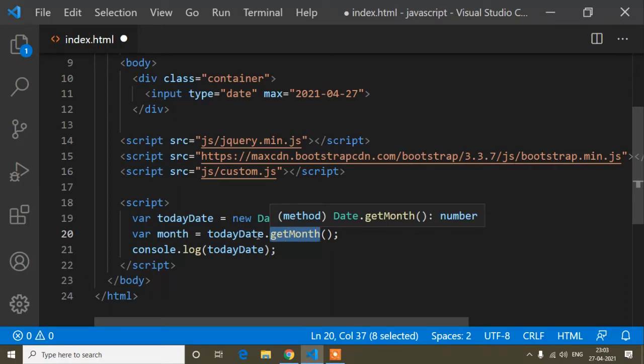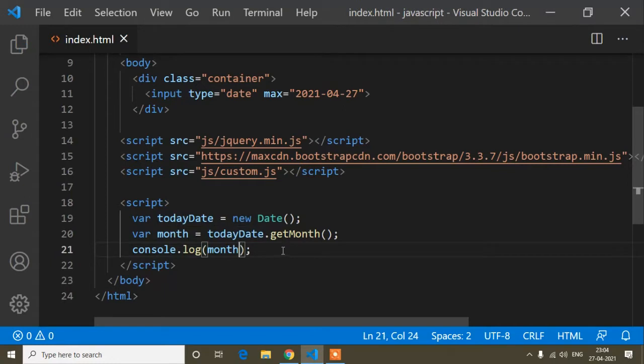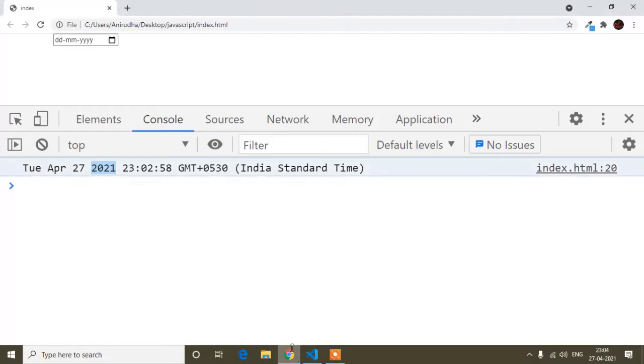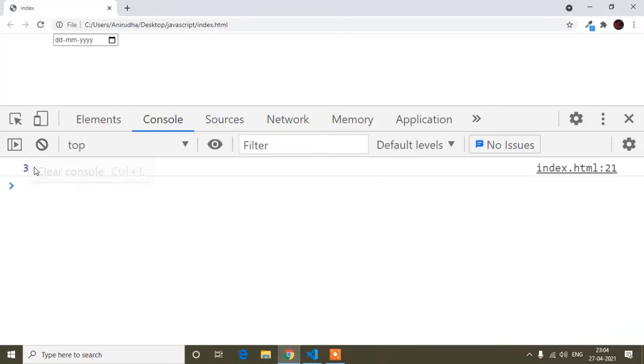But which month? That's why today date dot getMonth, and inside this today date variable I have set today's date. So now it will return the current month, but this getMonth property returns the previous month. Why? In this topic I will not discuss why, I will just show you it returns the last month. I mean it's April, that means if I count January, February, March, April, that means 4, so it will return 3. So let's check it. Refresh, so you can see it returns 3.